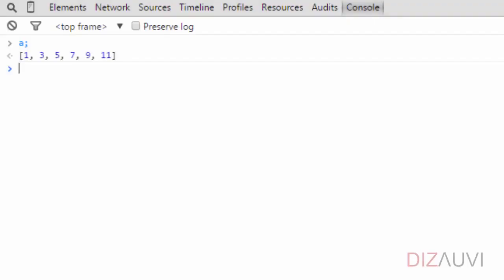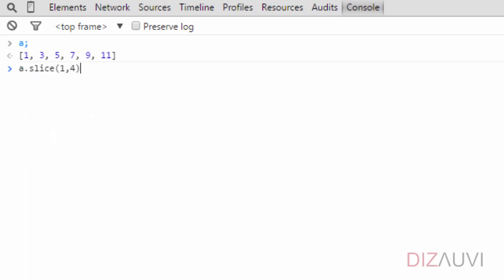Let's look at the slice and splice methods now. The slice method returns the selected elements in an array as a new array object without affecting the original array. The slice method takes two arguments, start and end. Start is the start index from where to slice the array up to the end index, not including the end index.